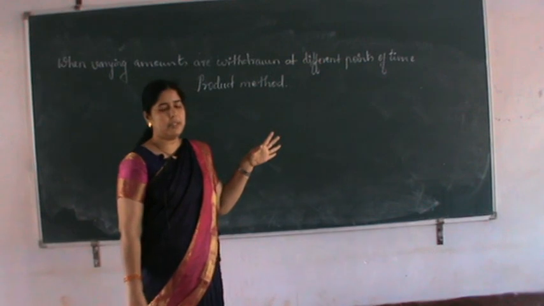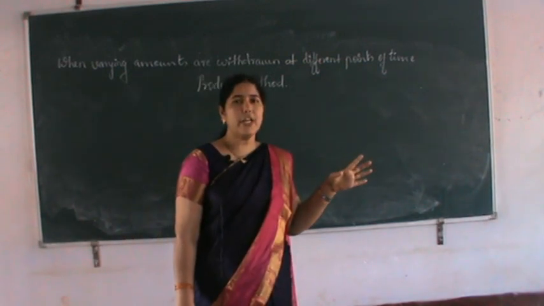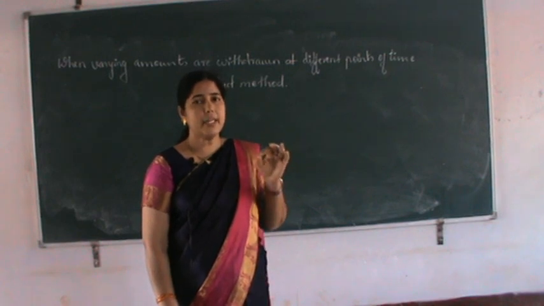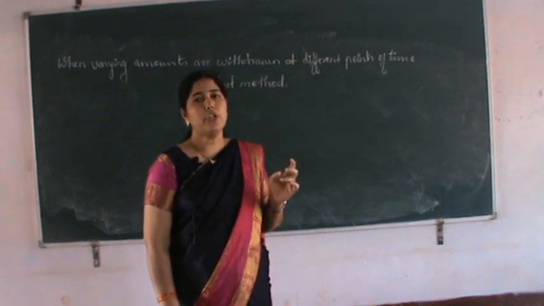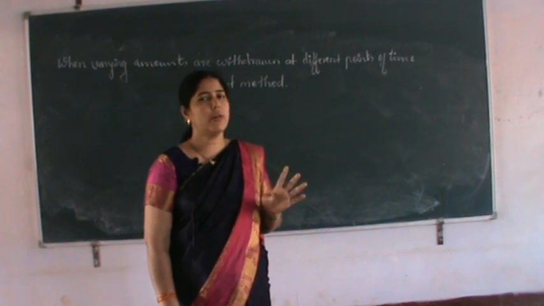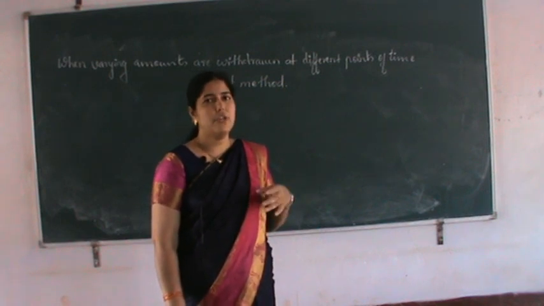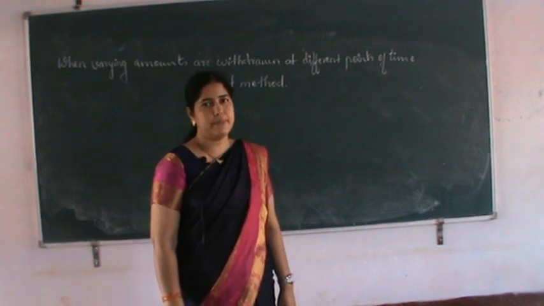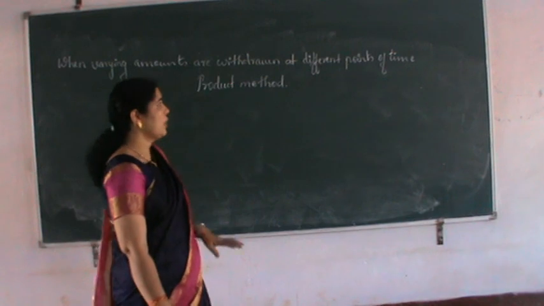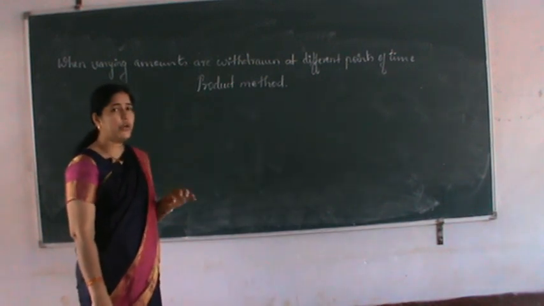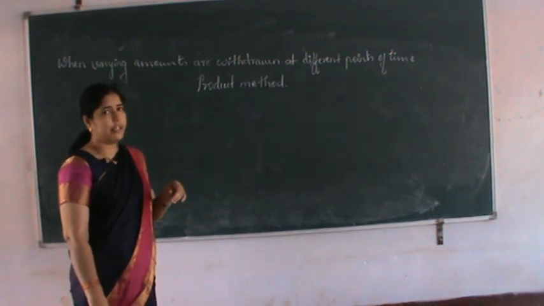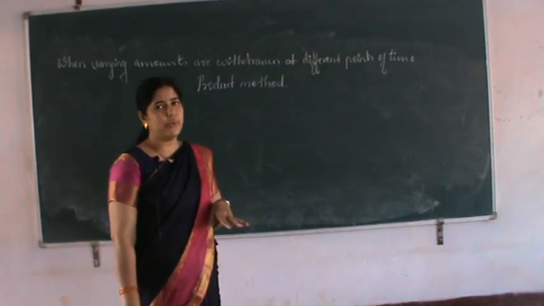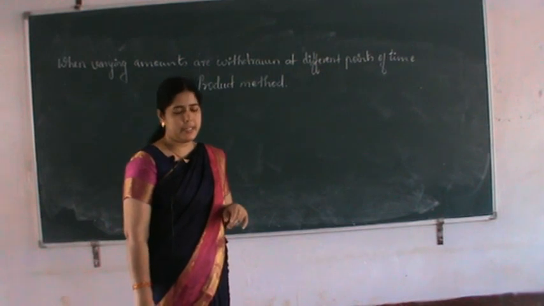Under the product method, interest on drawings is calculated on the total product at a particular rate of interest for 1 unit of a year, that is 1 month of a year. So you will get the yearly interest on the drawings of the partners. In this method, first we have to calculate the total product, and for that we require one table. After calculating the total product, we can calculate the interest.